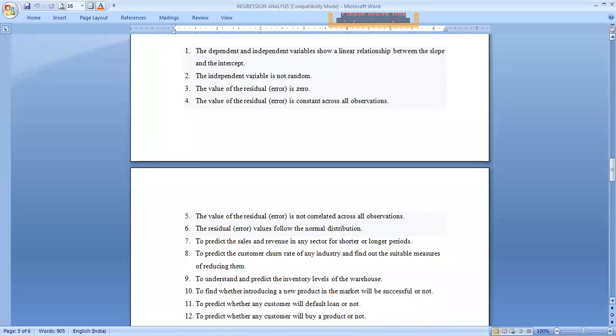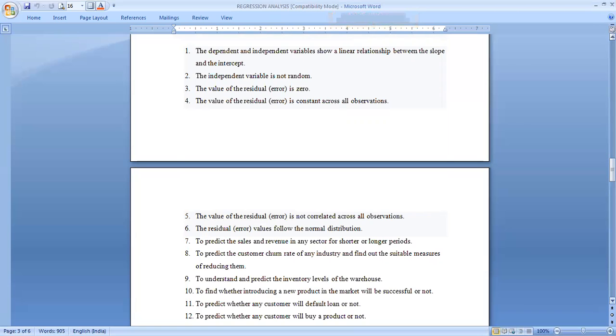The value of the residual or error is not correlated across all the observations. It is an important point that the error is not correlated across all the observations, and the error values follow the normal distribution. The normal distribution is a probability distribution which is continuous in nature, to predict the sales and revenue in any sector for shorter or longer periods,